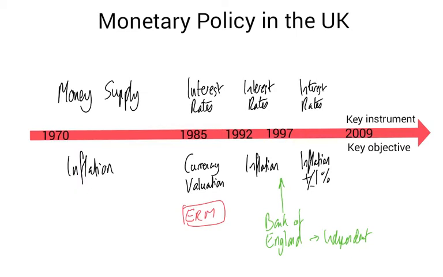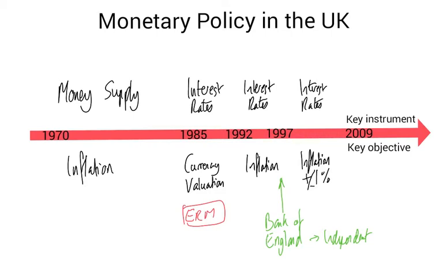Importantly, this was the first time that it was really acknowledged that very low inflation could be equally damaging as high inflation. Up until this point, really, the goal of inflation management as the main objective was to just keep inflation low. Following on from 1997, particularly the problems that they'd had in Japan with deflation, it was realised that inflation falling too low could be equally problematic. And that's why the Bank of England was set a target rate of inflation plus or minus 1%. And that was the situation up until 2009, which mainly followed on from what happened in September 2008,